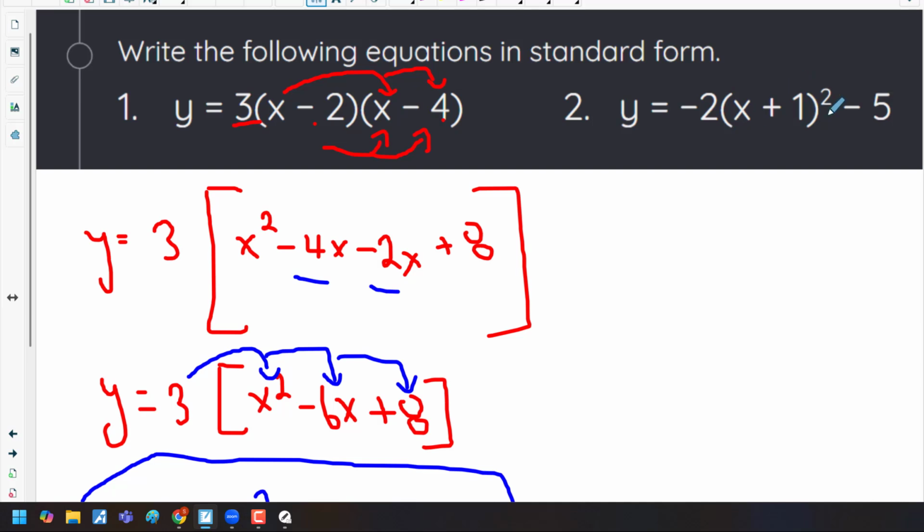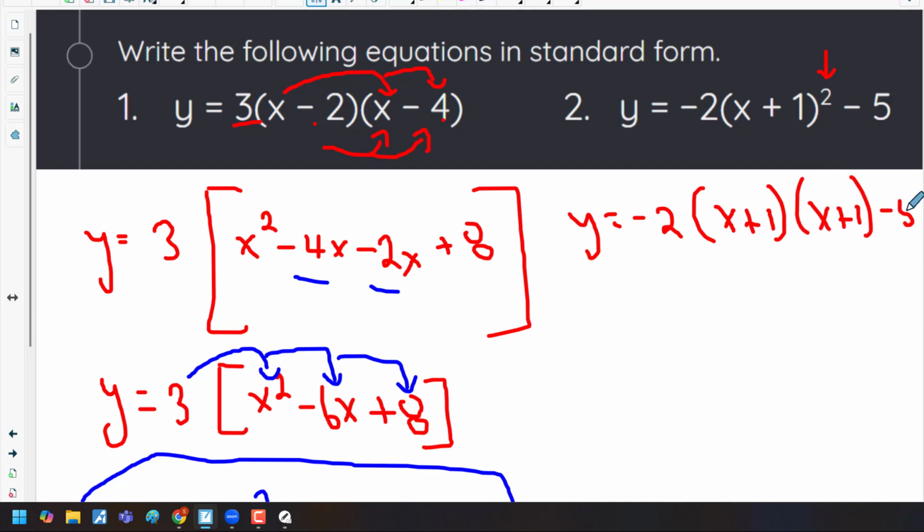Here we have something different. Here we have negative 2, and then we have 2 brackets, x plus 1, and then there's a square sign here. So this is a trick. What you need to do is you need to rewrite this as y is equal to negative 2, brackets x plus 1, brackets x plus 1. Remember, if you've forgotten, square means to multiply